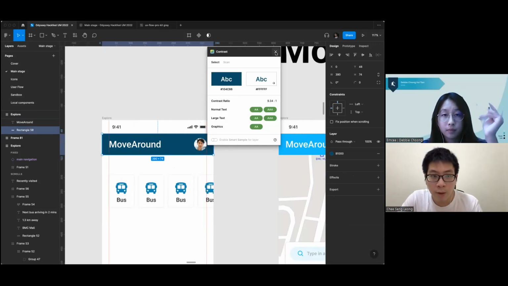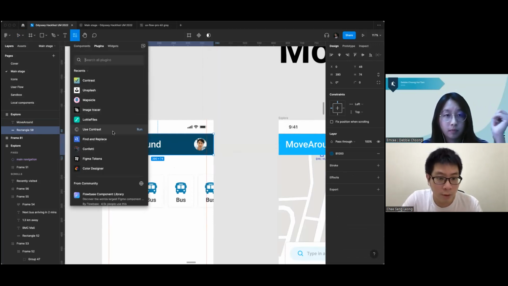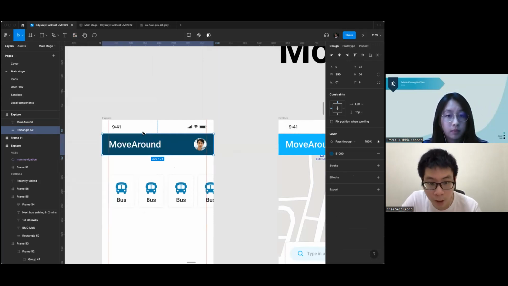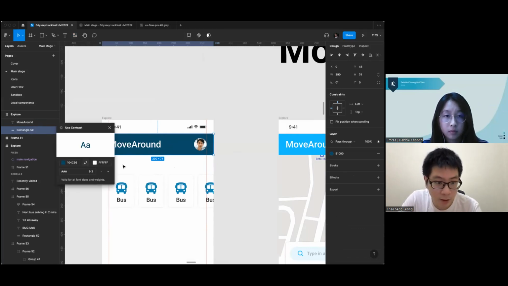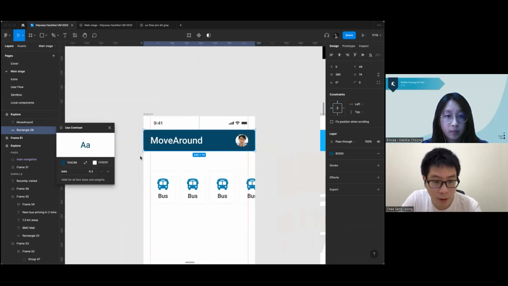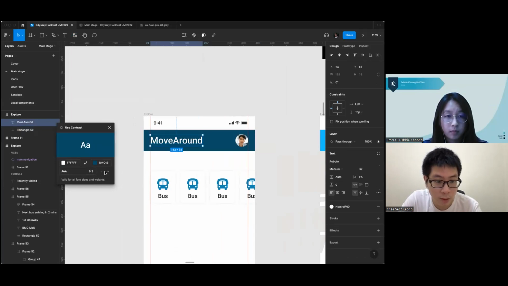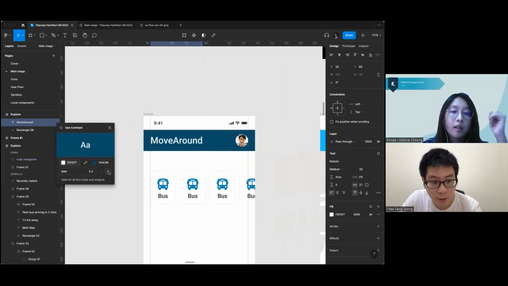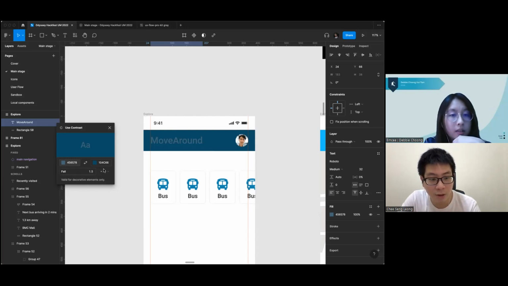Another plugin I recently found out is Use Contrast. Also contrast, but you can actually swap. Initially it's like this. You can actually swap, and it will control your color. This is quite useful to me. It will go up from fail to